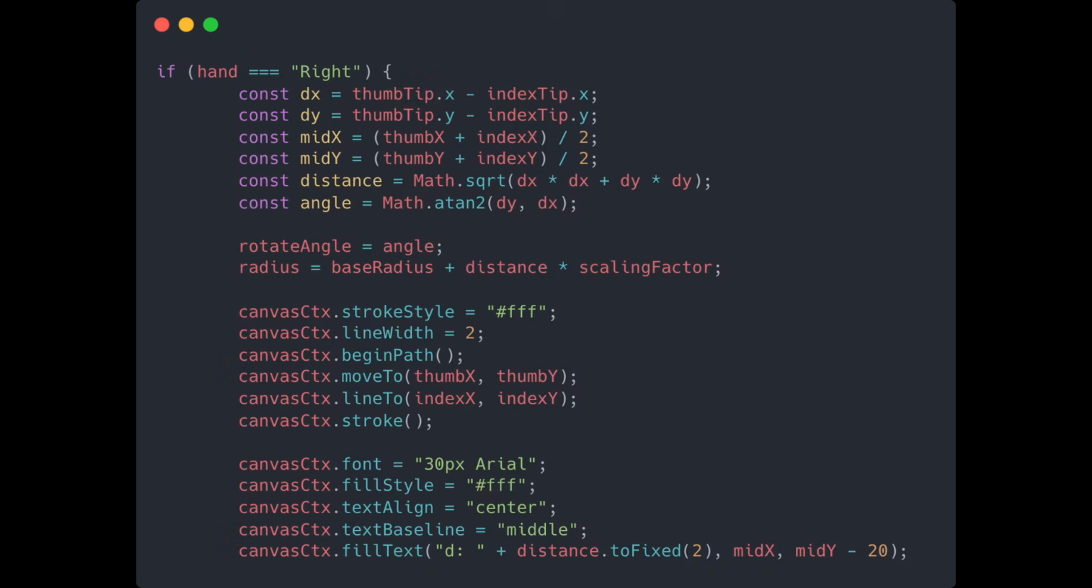This is what the differentiation between the hands is. We start by getting the X and Y distances between the thumb and the index, finding the midpoint and the distance and the angle. We then assign the angle to the square on screen and assign the radius to the distance times the scaling factor, thus the base radius. We then draw a line between the 2 points and draw some text in the middle that shows what the